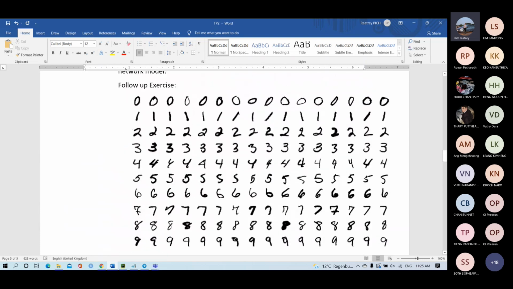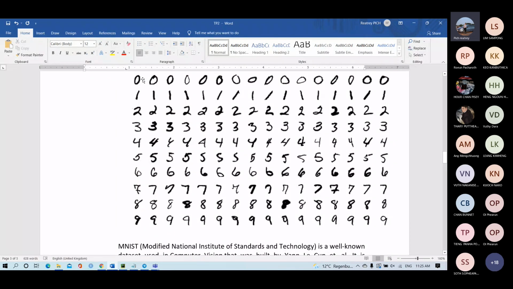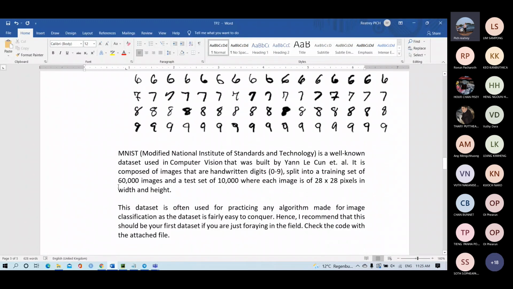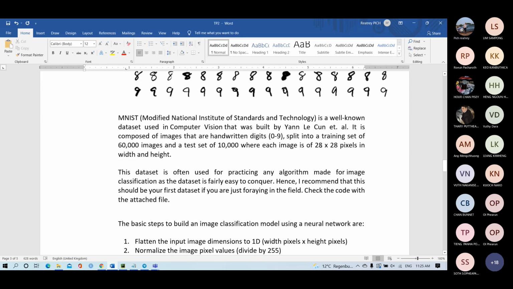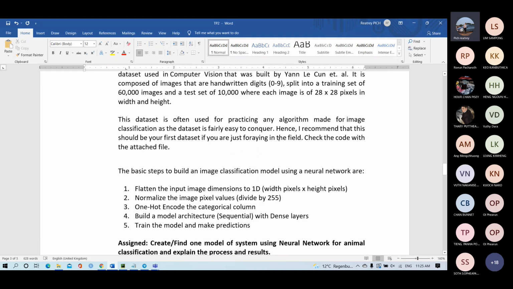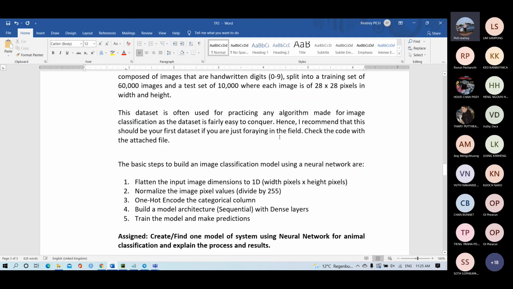With our sample of the data, they try to make a segment of this image, but this is just the picture. The real data has 60,000 images as a training set and 10,000 images as a testing set. So totally we have 70,000. The size of the image is 28. The class output that we would like to have is 10 classes, 0 to 9.